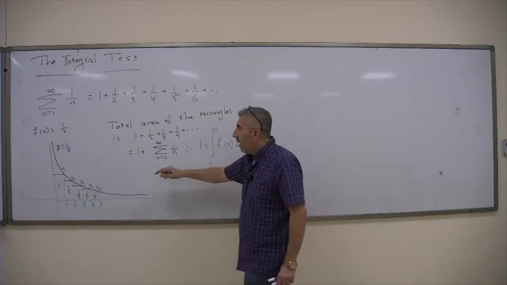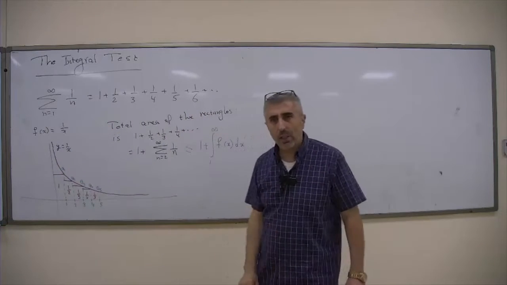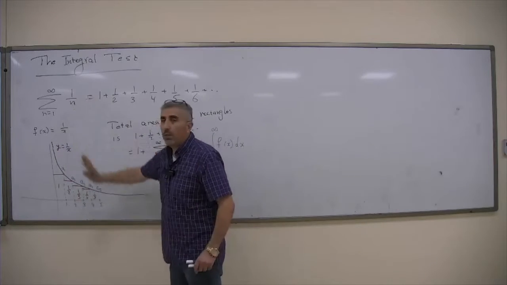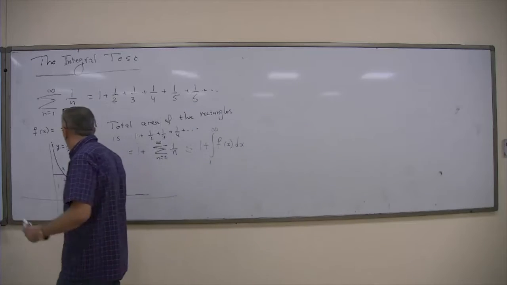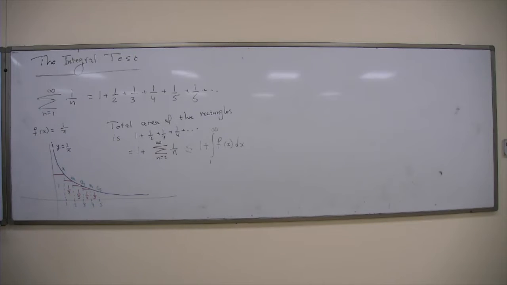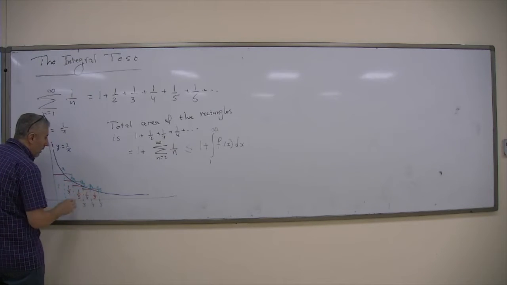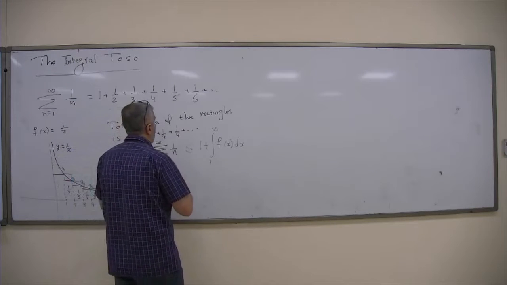However, I can change this into another function that has the same characteristics, okay? Positive and decreasing, for example. And still we can do the same thing. All right, it means here I have to think about the other side. What is the other side? Well, if I change those rectangles and I make them above the curve, so from here I take this, and here this, and this, and this, then here, maybe I should say the area of the red rectangles,